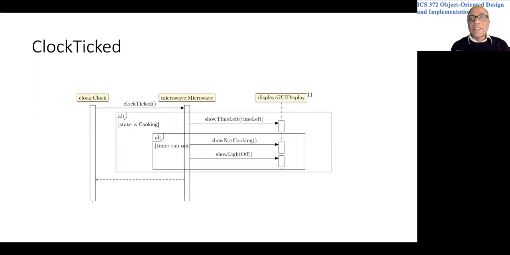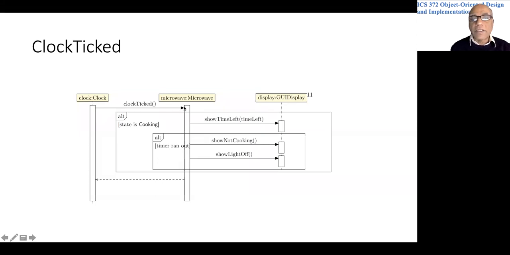And let's see how things are going to flow a little bit. We are going to have a clock object that keeps ticking. It continues to tick right from the time the microwave program starts, the whole system starts. And whenever it ticks, it sends a message to a microwave object. So microwave is a class and the object is microwave, and there is a graphical user interface which we call display. The class is called GUI display, and